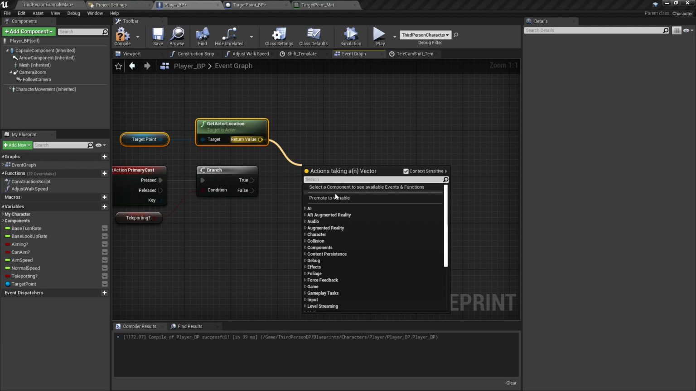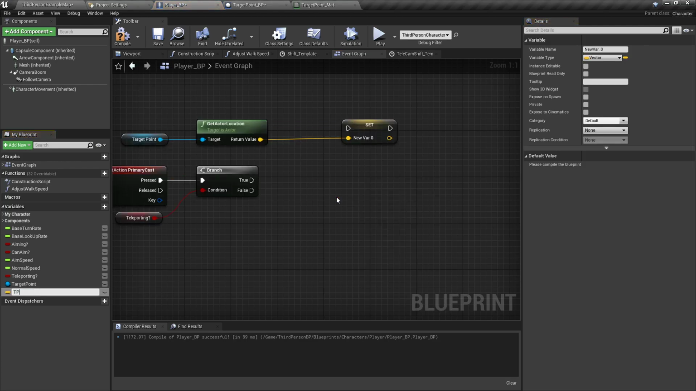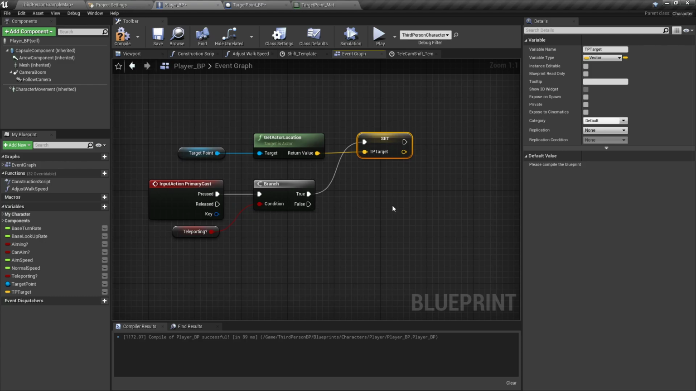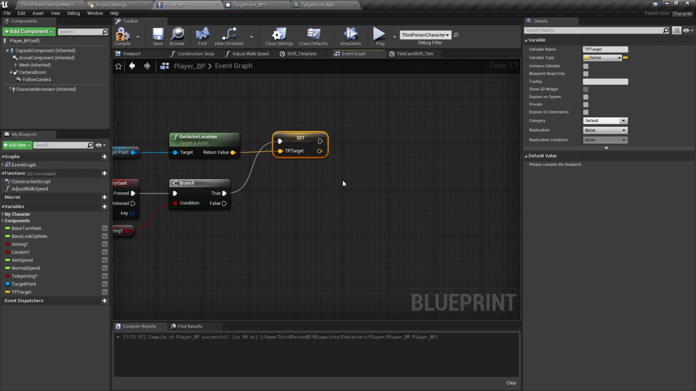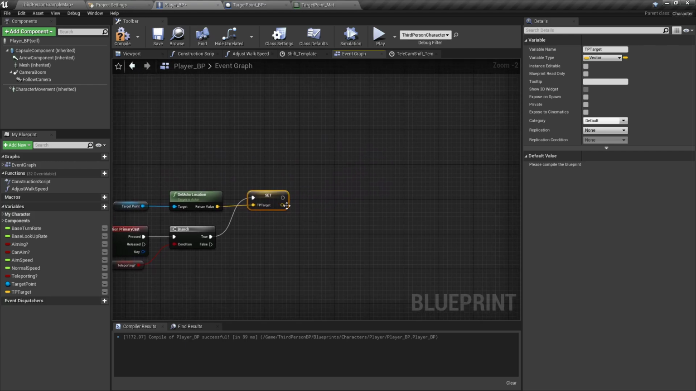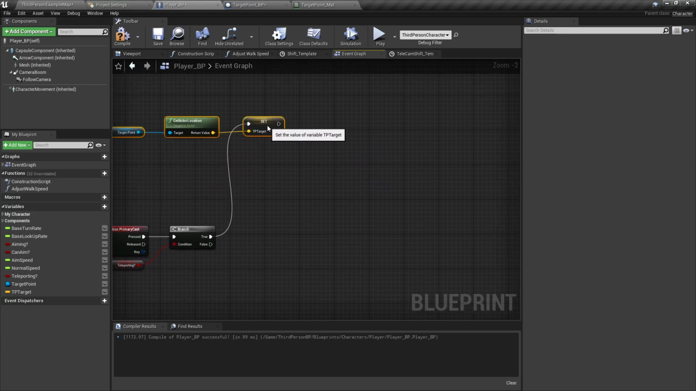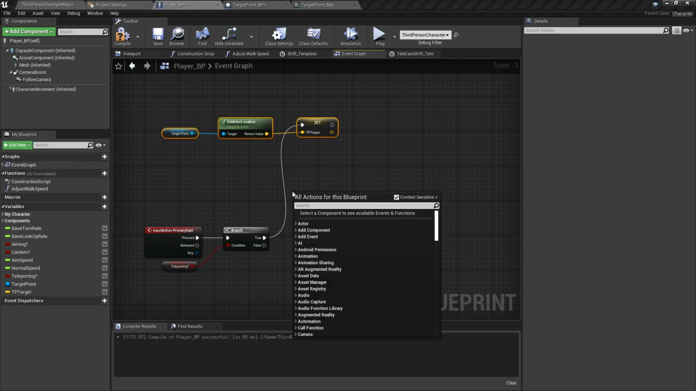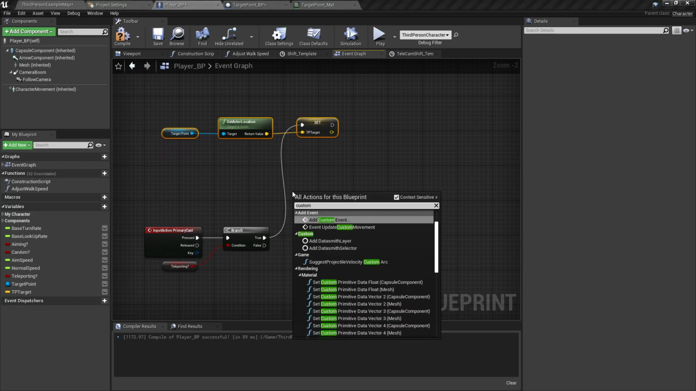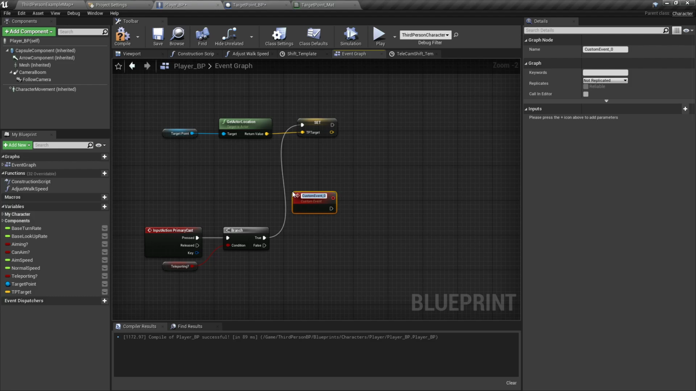And I'm going to drag off and promote this to a variable called TP target. I'm going to drag this part above this because this will be used for spells later on. This is going to be how we cast our range magic later. But we'll go up here. Actually, you know what? Let's just do a custom event. It'll make it neater. So we'll add a custom event called